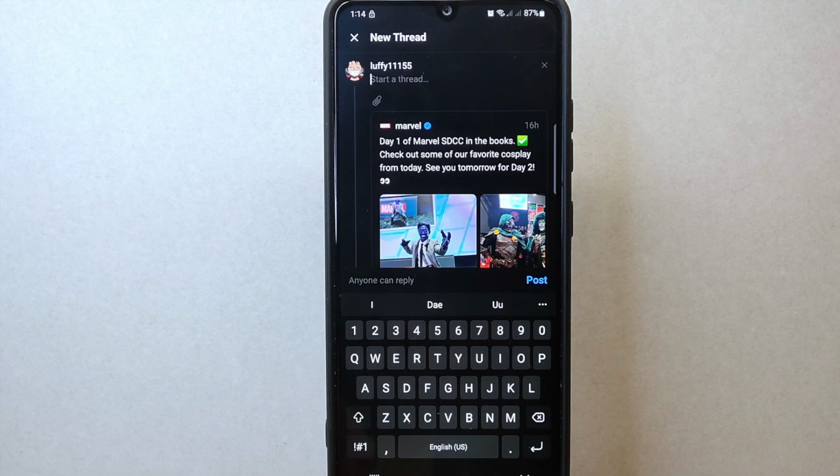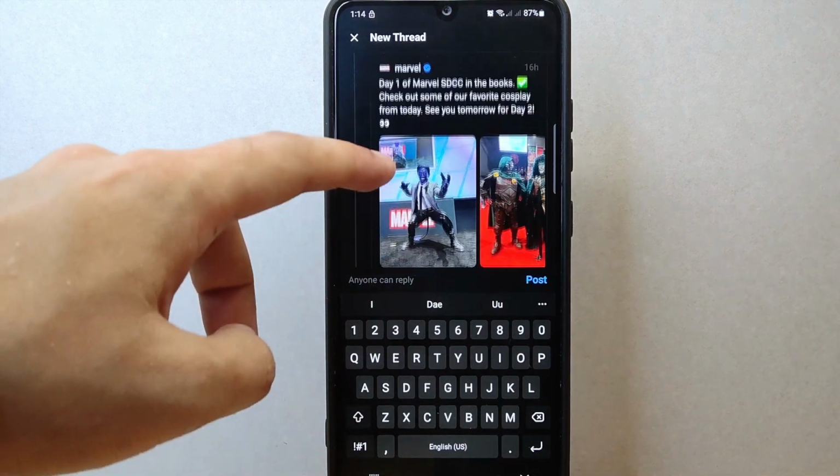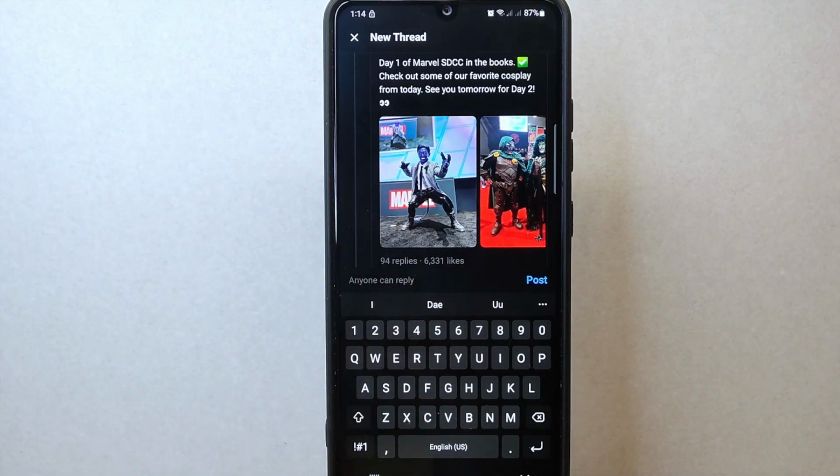There you go. If you wanted to know how to copy Threads post link, that is the easiest way I know how. If you know another way to copy Threads post link,